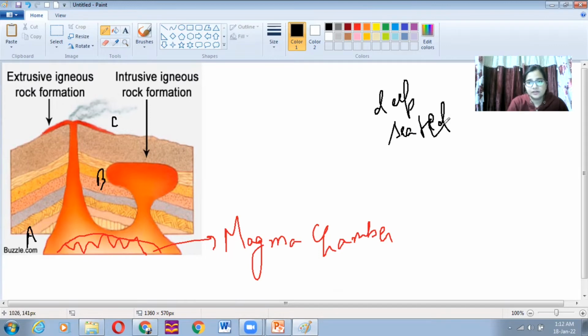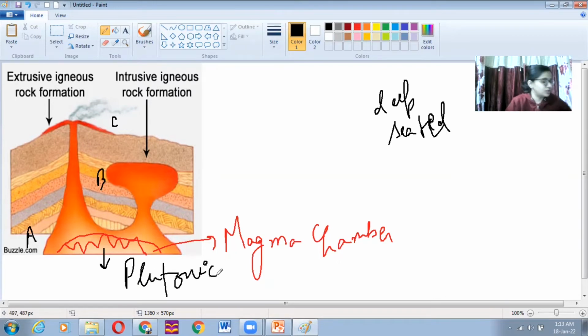Deep seated, एकदम भीतर मैग्मा चेंबर के एकदम करीब, वो है आपका A पॉइंट। तो A में जो भी रॉक फॉर्म हो रहा है, जो डीप सीटेड रॉक है, उसको एक ज्योग्राफिकल टर्म दिया जाता है। तो A पॉइंट पे जो आपका रॉक फॉर्म होगा, डीप सीटेड इंट्रूसिव इग्नियस रॉक, वहां पे आपको प्लूटोनिक रॉक मिलेगा।